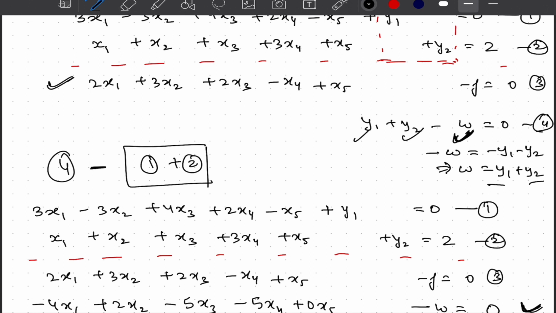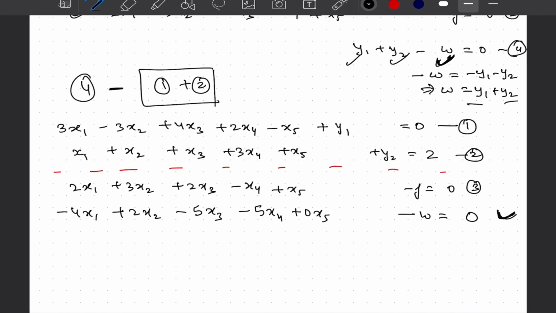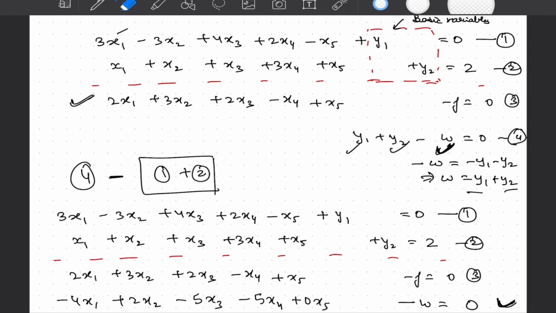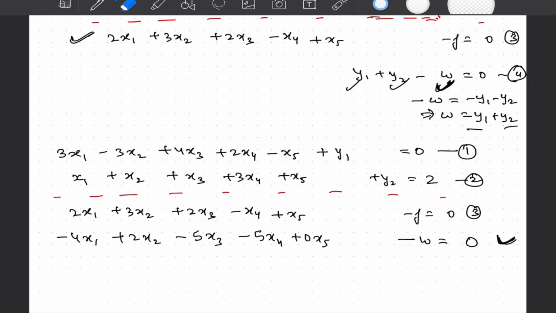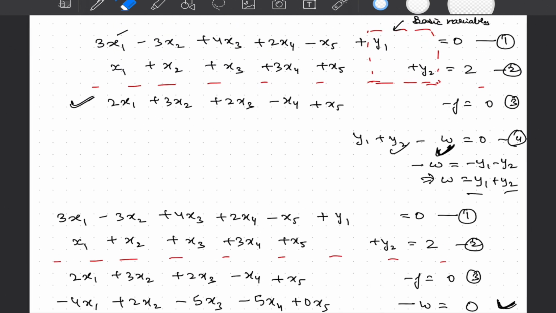This we introduced by trickery, by magic, that y1 plus y2 minus w should be equal to 0. And as I said, w equals y1 plus y2, and for w to be 0, y1 and y2 have to be 0. So what we will do, we will draw a demarcation line between our two objective functions that we have introduced, and to get rid of this y1 and y2 from these